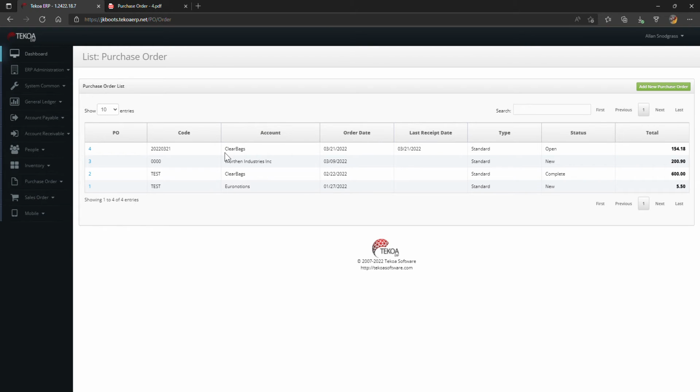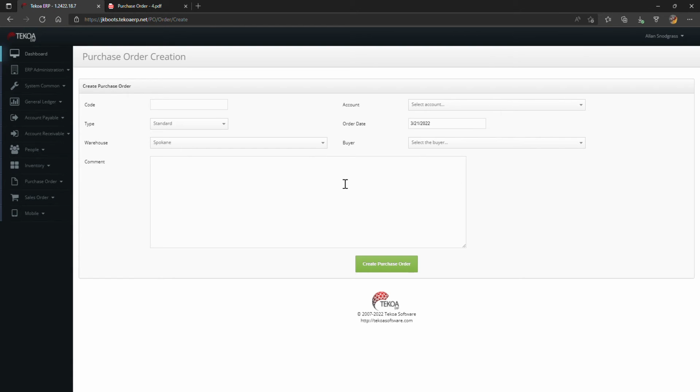menu item. You can see I have a couple of purchase orders in here already. I'm going to go ahead and click the Add New Purchase Order button up in the top right hand corner of the list screen here. And that's going to get me an input window where I can put in the primary information about this purchase